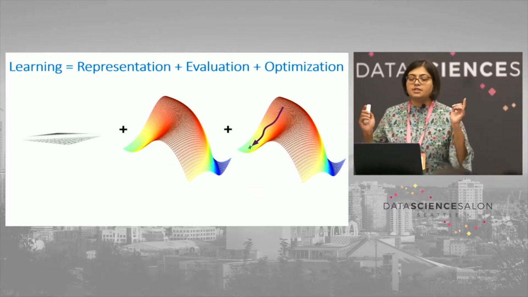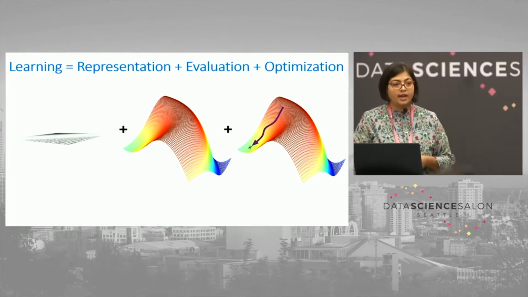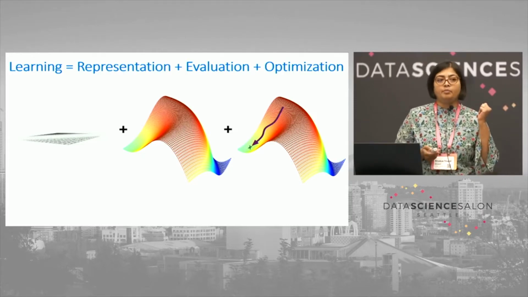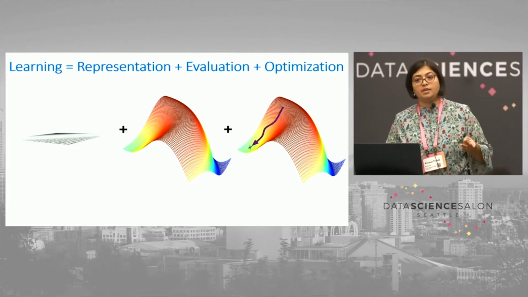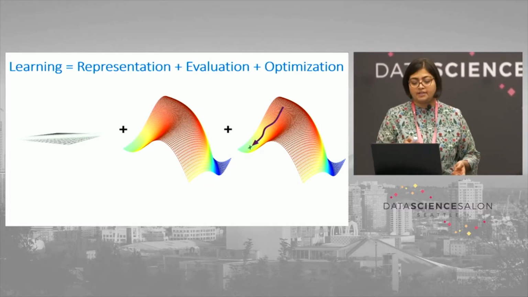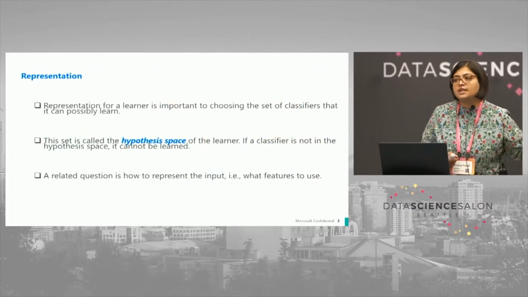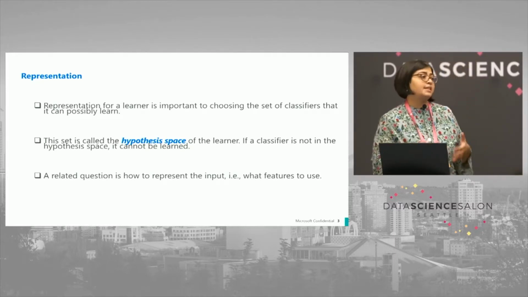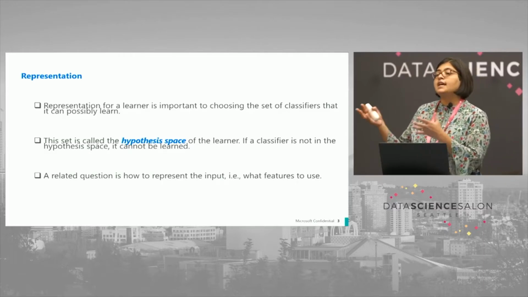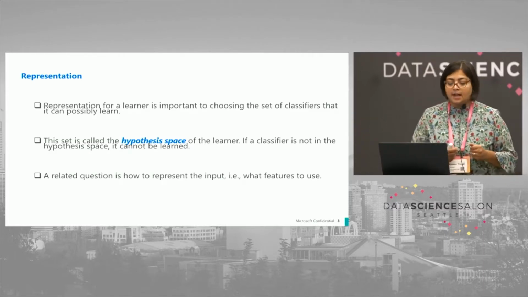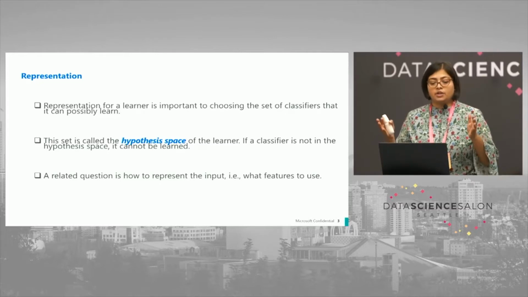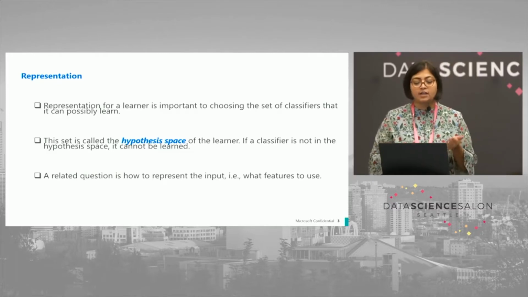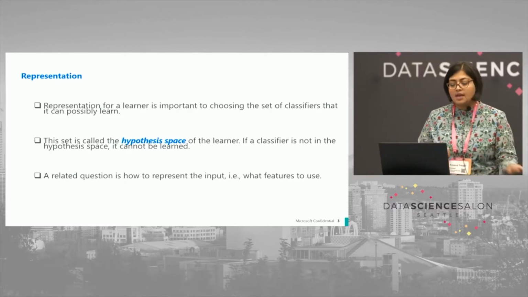Okay, so the first point is learning. You need to keep in mind that you are learning always. So I usually like to break learning up into 3 points: representation, evaluation, optimization of algorithms. Representation is the way in which you are trying to choose your classifier. You're trying to represent your problems, and they're very different when you're targeting different types of data coming from different verticals. And you need to set your hypothesis space really well to make your learner more and more effective. If the classifier is not in the hypothesis space, it cannot be learned.